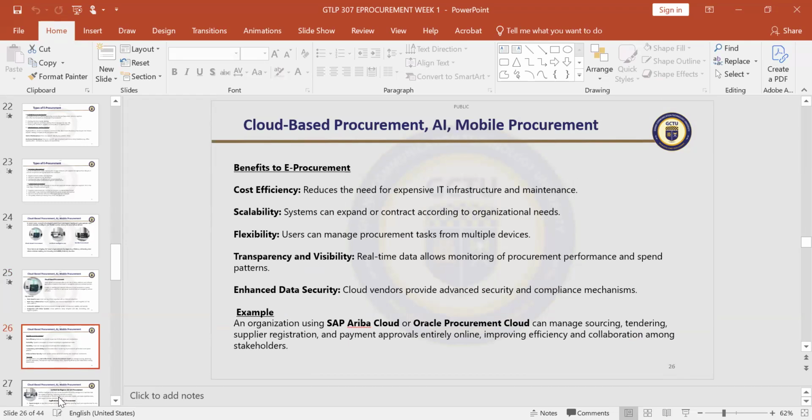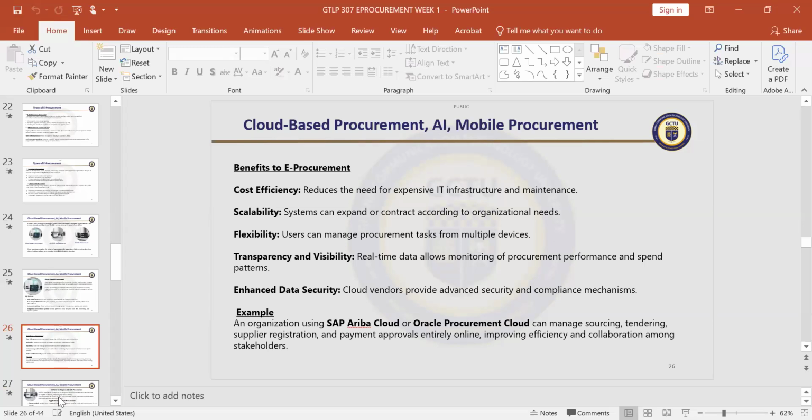If you are getting it from a service provider like the Ganeps, if I'm a supplier and I want to go on board the Ganeps platform, I don't need any IT infrastructure. The only thing is that I have to register with them and boom, paying the registration fee and everything, and I'm on the platform. If you are an institution and you want to join them as a buyer, you don't need to do anything. You don't need any IT infrastructure. All you need to do is to pay for them to onboard you. You have internet access, you have your phone, you have your laptop, and you are on the platform.